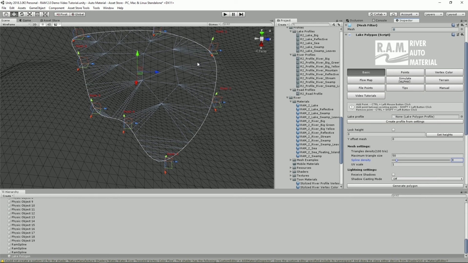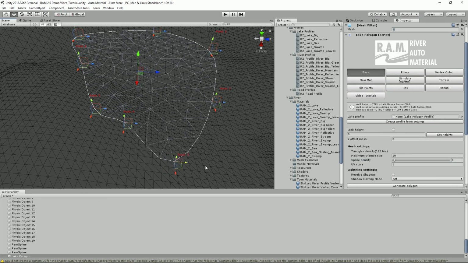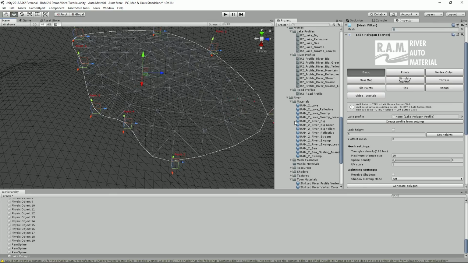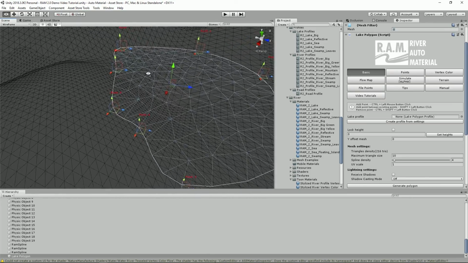That's why we should adjust this. We rather want to use pretty equal triangles, so we reduce the maximum triangle size, and we get a pretty nice grid. If you also reduce the smoothness outside, we see that we have a pretty nice grid, and it will give us a nice flow map